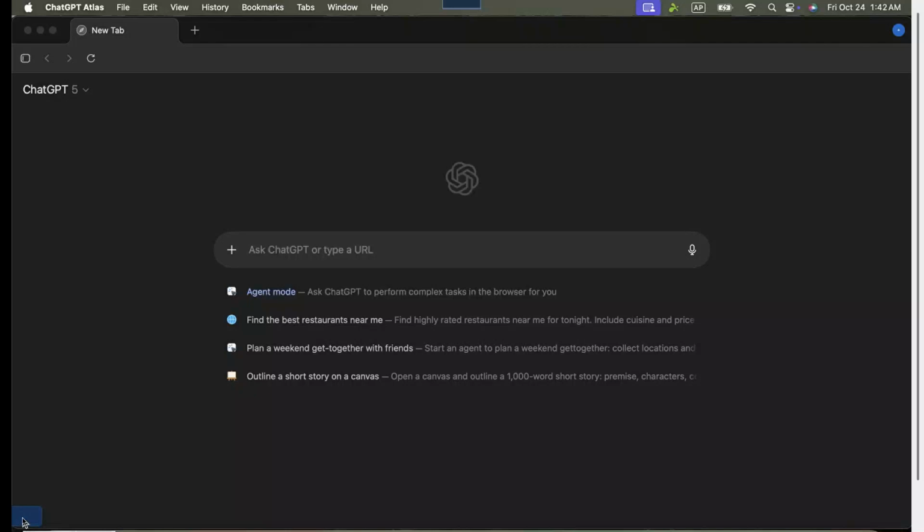In today's video, I'm going to teach you how to use the ChatGPT Atlas app to transform any web article into an easy-to-read list format. This tool is particularly helpful if you're someone who likes to break down large chunks of information into bite-sized pieces, or if you're simply looking for a more organized way to absorb content. Let's dive in and walk through this process step by step so you can take full advantage of this handy